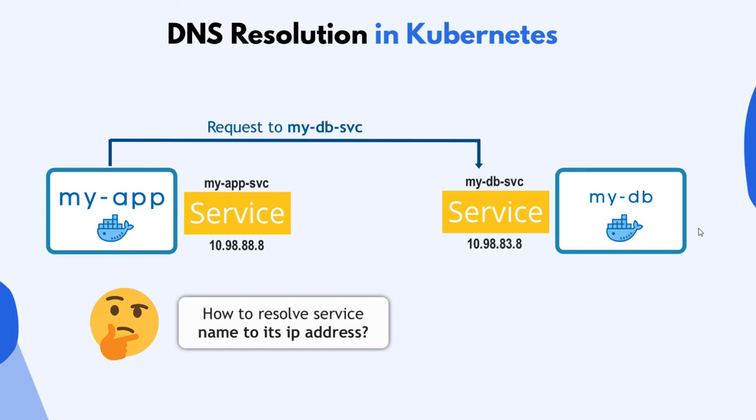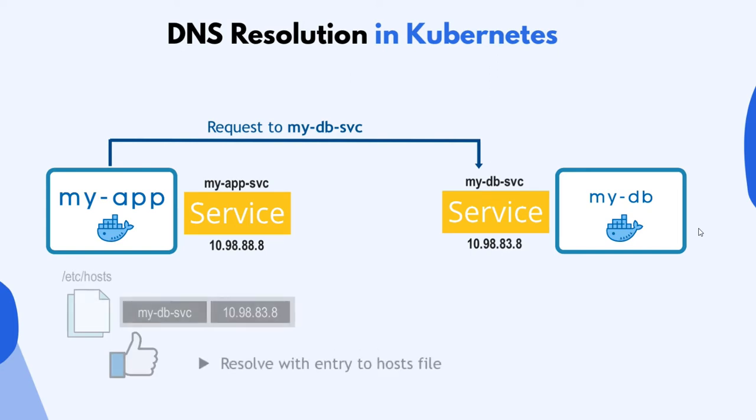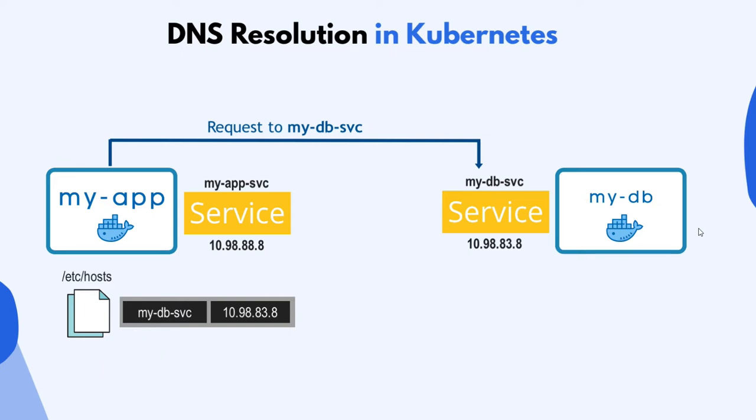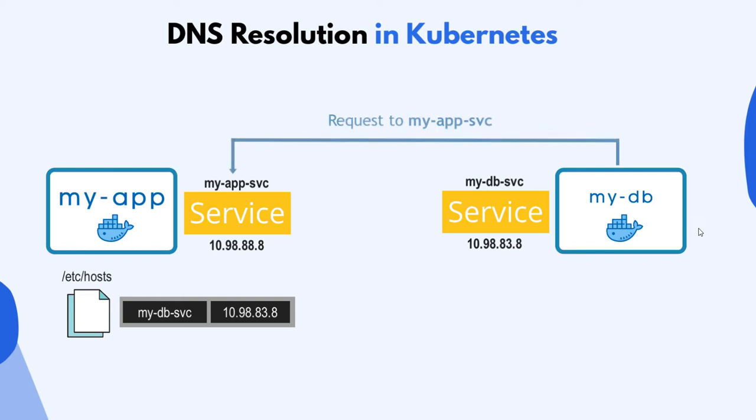The simplest way would be to write it in its /etc/hosts file. As you learned in the DNS prerequisites video, this is the first place to look for a domain name to IP address mapping. The same way when my DB pod wants to talk to my app service, we can tell it which IP address my app service has by adding the mapping in my DB pod's